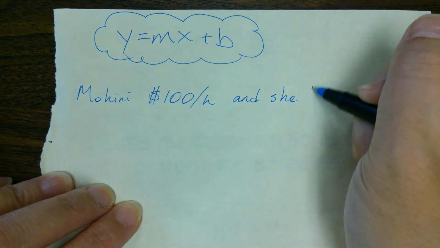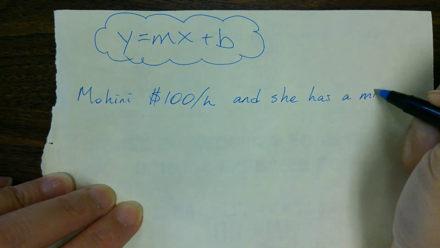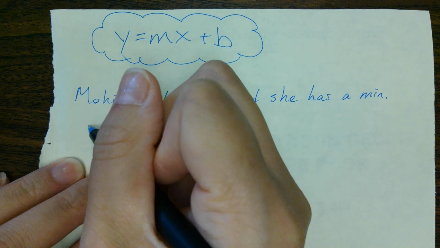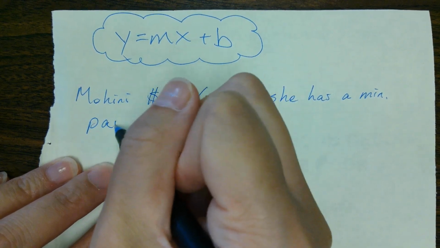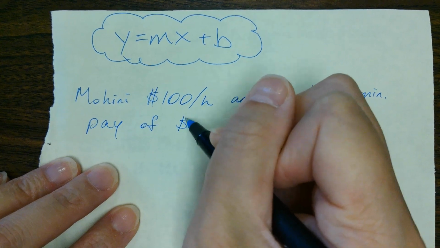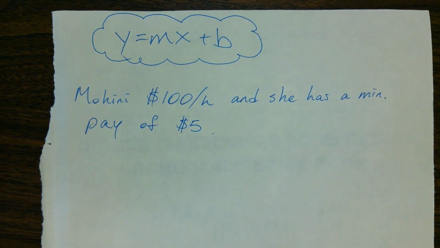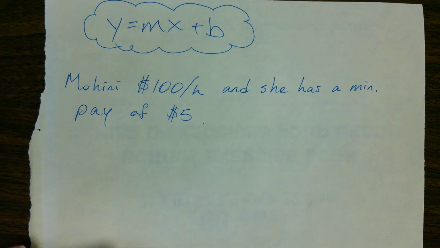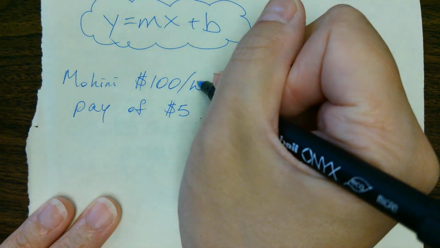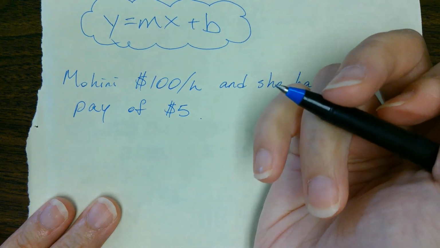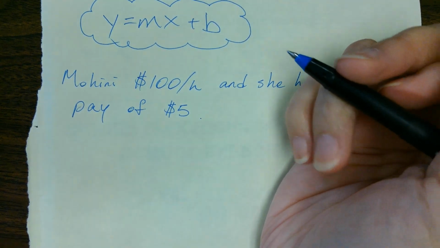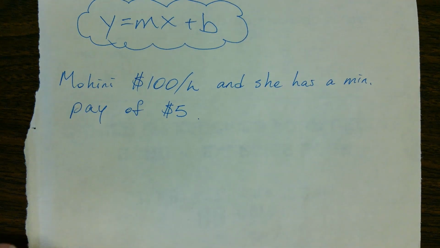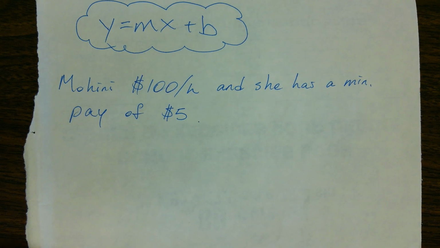And she has a minimum pay of $5 each day. Minimum pay. So each day you'll make $5. But if you actually charge per car, it's very little, so per hour. Okay, let you be rich. So if that's the case, and I want to find out how much is her income,